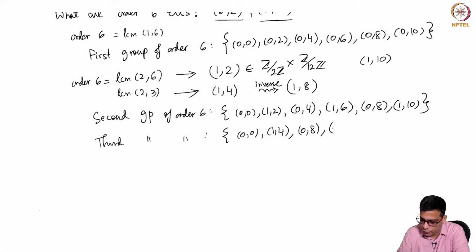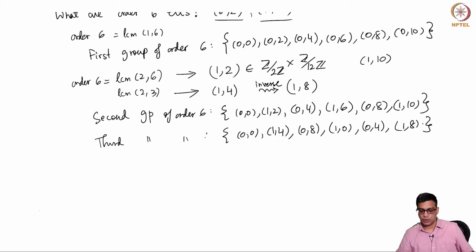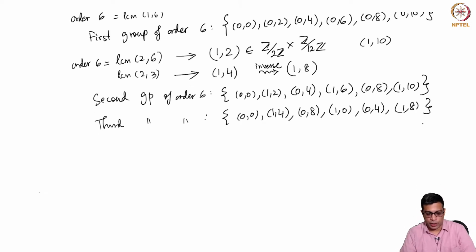0, 8 plus 1, 4 will be 1, 8 plus 4 is 0. Then you add 1, 4 to this, you get 0, 4, and then you add 1, 4 to this, you get 1, 8, which is the inverse. So 1, 2, 3, 4, 5, 6, 7, 6. So these are the 3 groups, and you can check that